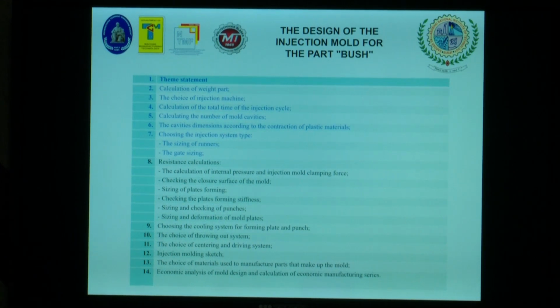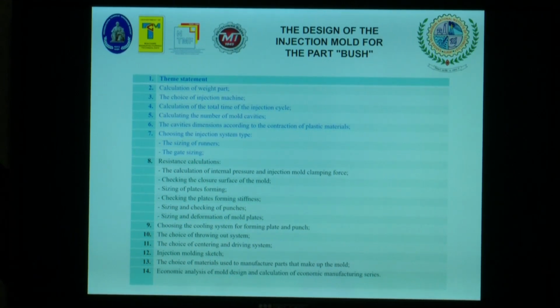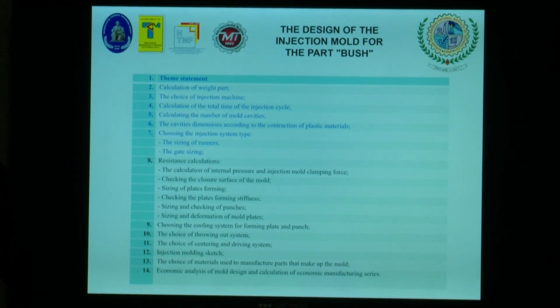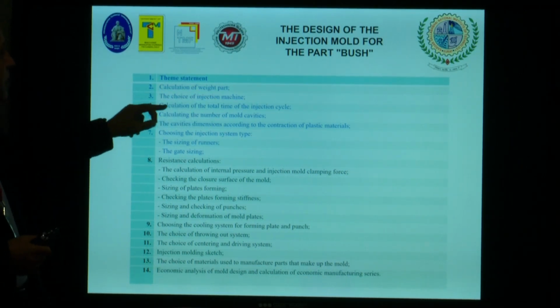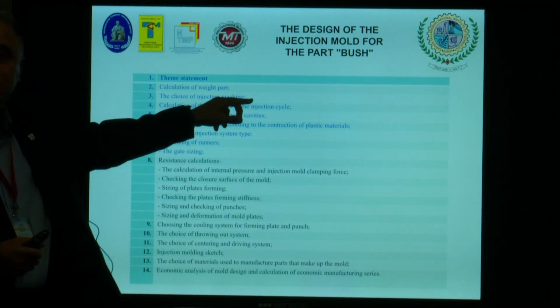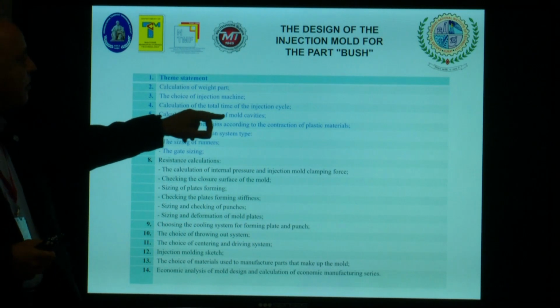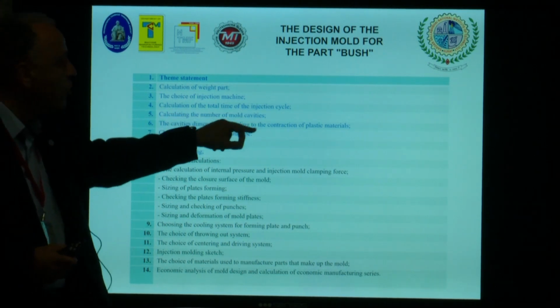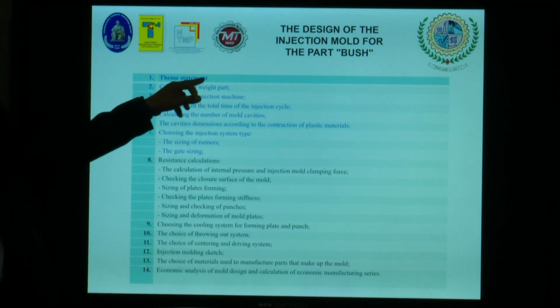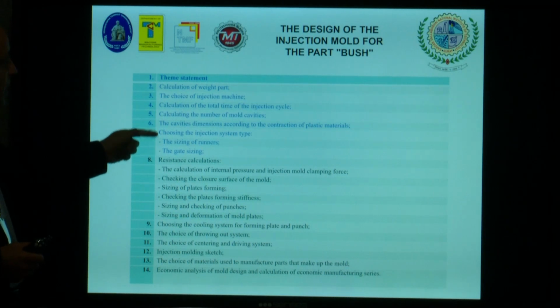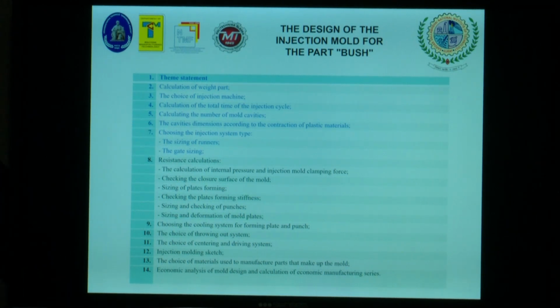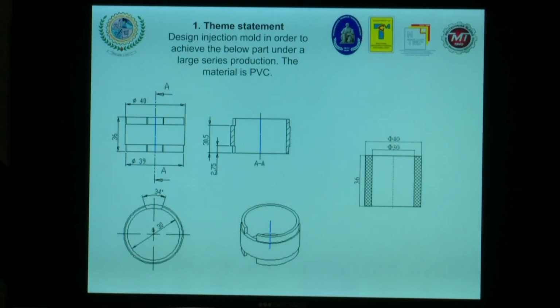Of course, some of you, I think for sure, know about the design step of injection molding. I'd like to mention that it's important to start with the calculation of the weight of the part, choice of the injection machine, total time cycle of the injection machine, calculating the number of the mold cavities, dimension according to the contraction, I mean shrinkage of the plastic material, choosing the injection system type, sizing of the runners, and gate sizing. Afterwards, the day after tomorrow, we'll carry on only with the example. So, for example,